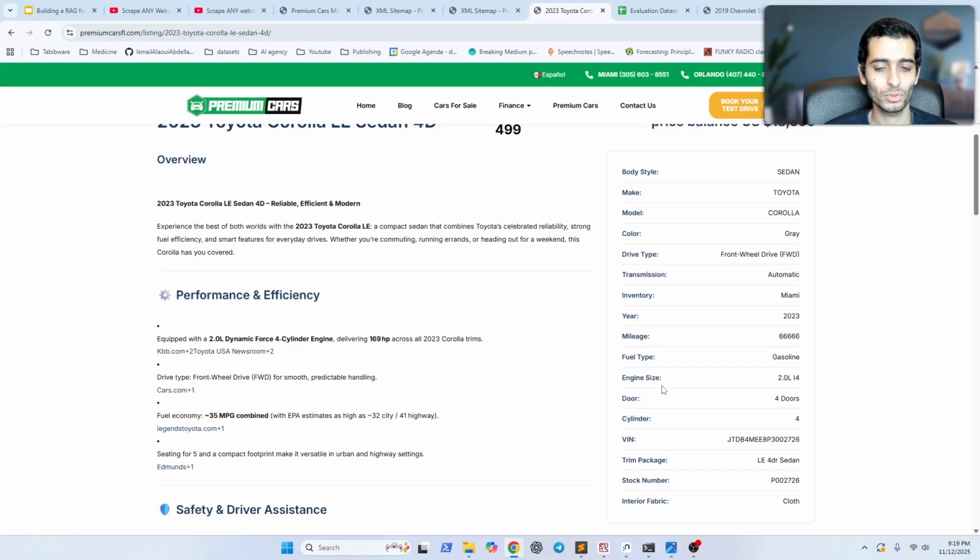For example, here we don't have the highway miles per gallon or the city miles per gallon. This data is available for some other listings, and I realized this. So basically, we need to do some kind of dynamic web scraping. What I mean is that instead of telling Selenium to go directly to this localization and take the text, and then go to this localization and take the text and so on, and do that for everything,